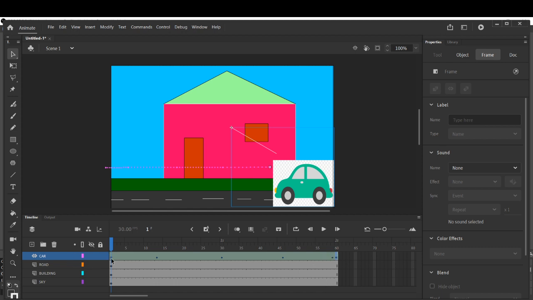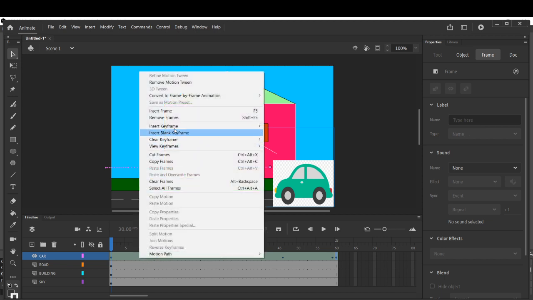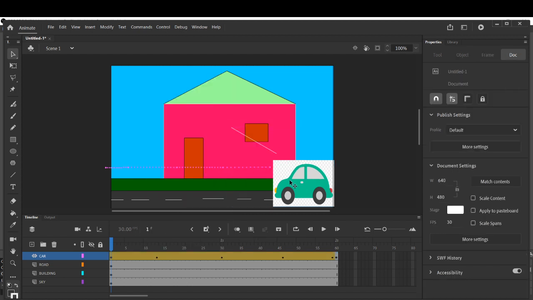And here, on the car layer, you just click the car layer, because on the car layer only we have to give motion. So at 0 frame we will right click and select create motion tween, and in between those area we will right click and insert keyframe and position. We will choose the position. One by one we will change its position so that our car should move from one position to another position.